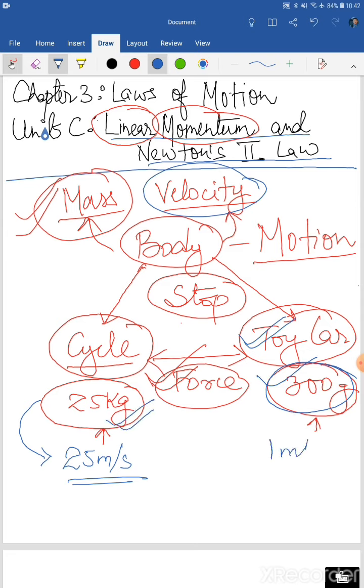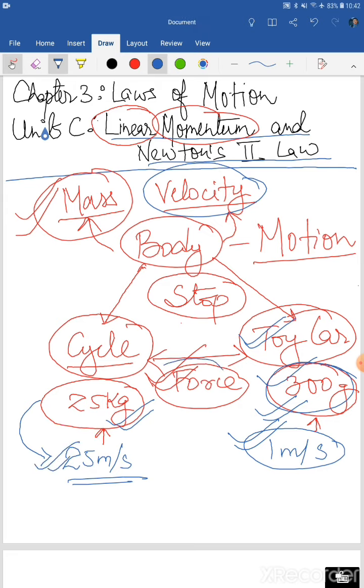So its velocity is very high. When you try to stop this toy car, it is going to hurt you because its velocity is more. But you can easily stop this cycle which has more mass. So here we see that the force that we require to stop the body which is in motion depends on mass